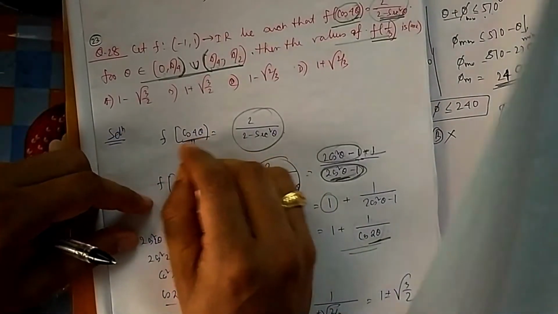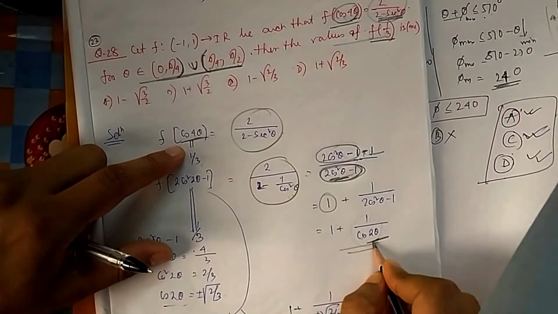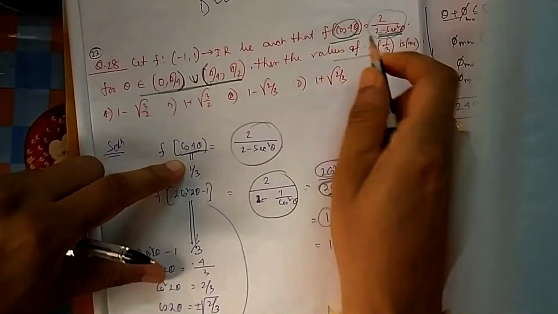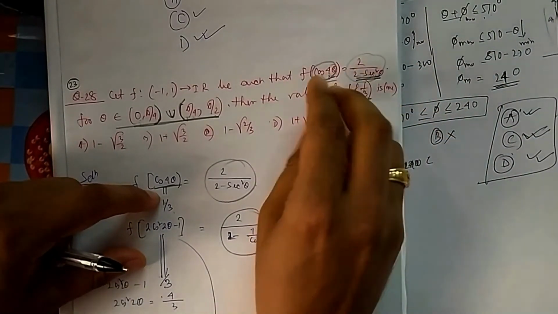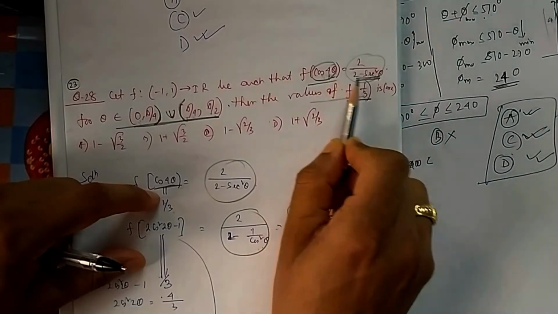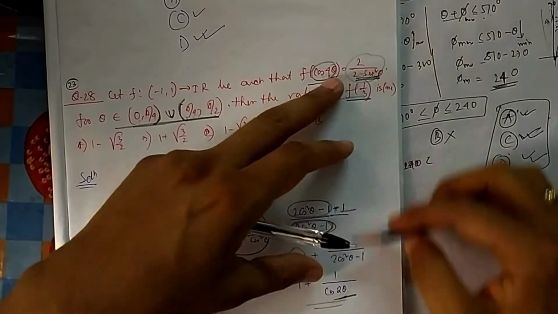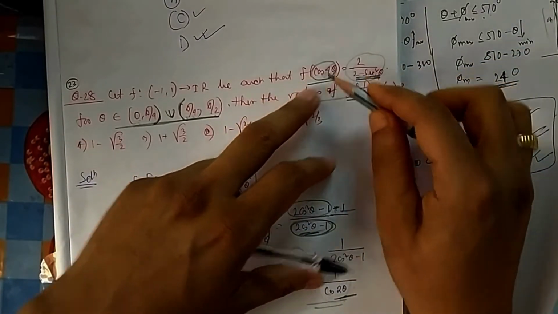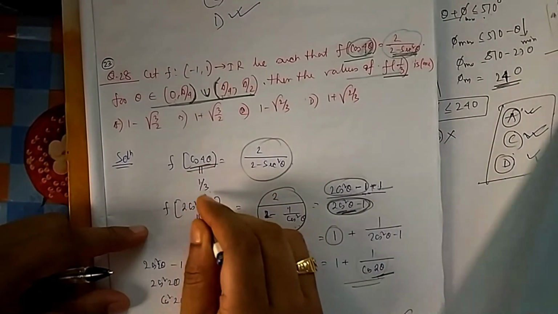Now they have given me cos 4 theta equal to 1 by 3. Because I cannot go to 4 theta directly, I convert it into 2 theta. I have converted this to 2 theta, so let me convert this also to 2 theta, so I will have a common ground between them. I cannot go directly to 4 theta from here, I cannot go directly to theta from here. So I have turned it into 2 theta, so that I have a common link between these two. So this is given, cos 4 theta is equal to 1 by 3.